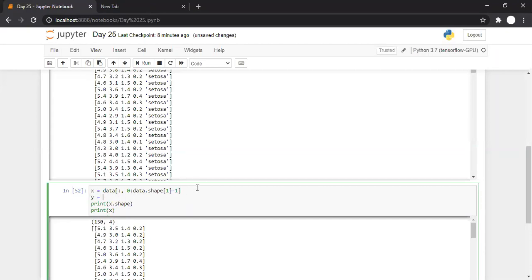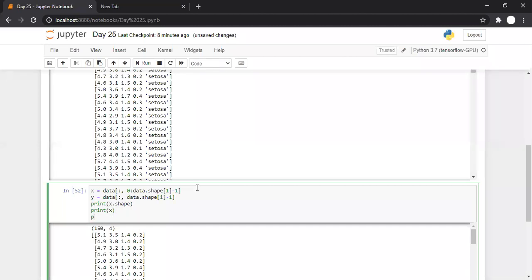It is simply like this. We want all the rows, but only the last column. Since we want only the last column, we'll go with data dot shape of 1. But we know that Python is a zero-based programming language, so indexing starts from 0, and the shape is 5, meaning there are 5 columns: column 0, column 1, column 2, column 3, and column 4. So if I write shape of 1, it will not work because there is no 5th column. There is 0th, 1st, 2nd, 3rd, and 4th column. So we'll go with shape of 1 -1.